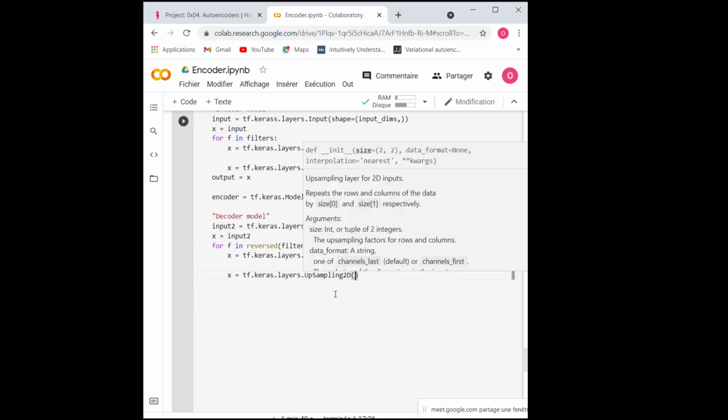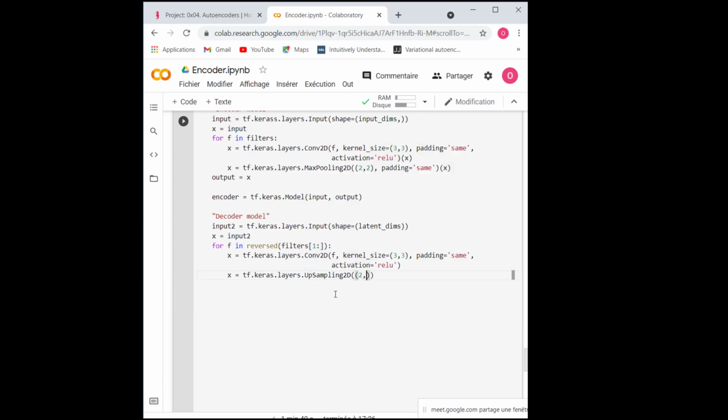It will have the size 2 by 2, and then it will receive my convolution layer, which is X. Okay guys, here I forgot to put my X. So these are for the hidden layers. Now let's move to the second from the last one, which will have the valid padding. So X will be a convolution layer.